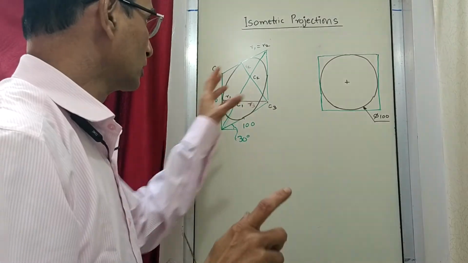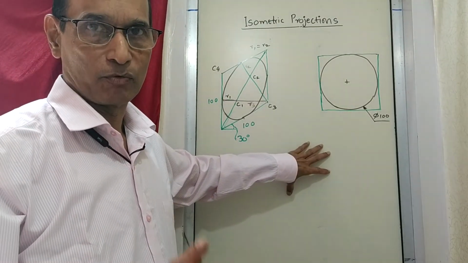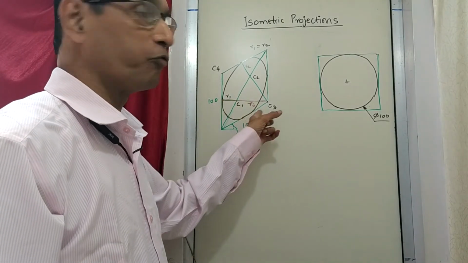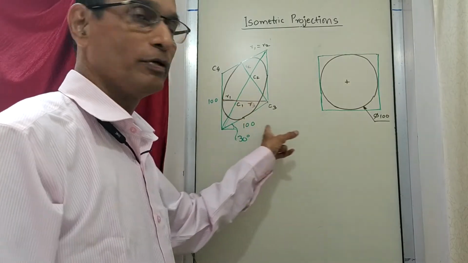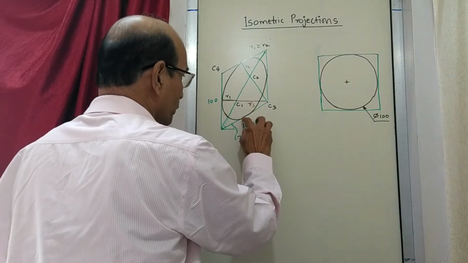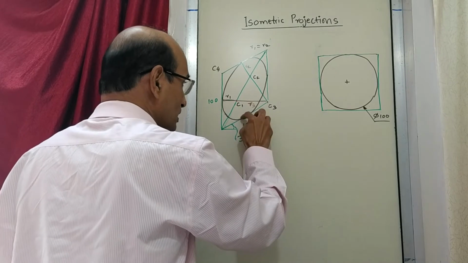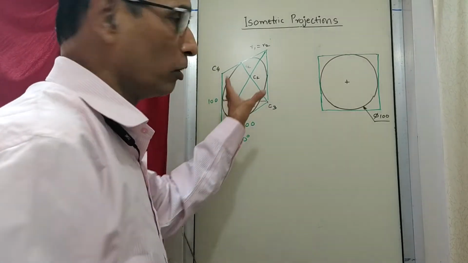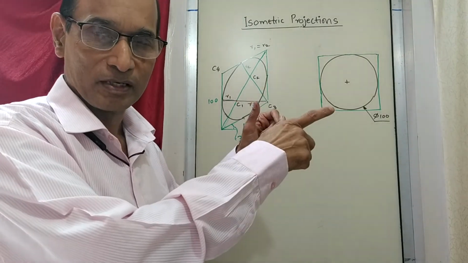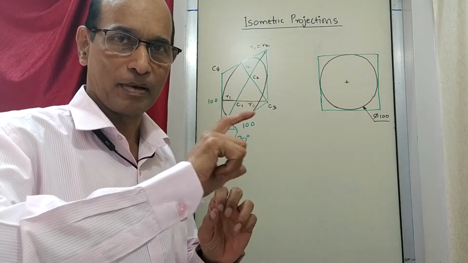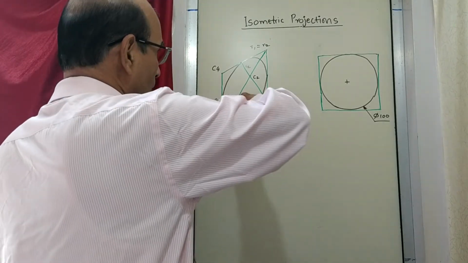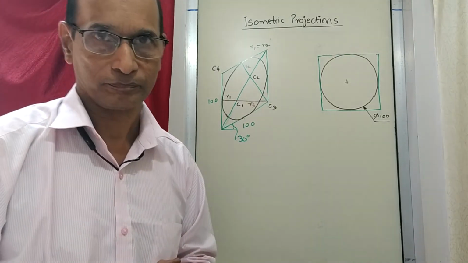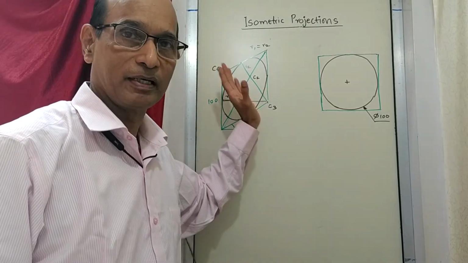And as you know, the circle looks like an ellipse in isometric when you draw. This is the procedure where by drawing 4 arcs, these arcs are connected to each other automatically. Although you have drawn this arc up to here and this is another arc, this arc and this arc are joined properly, so it doesn't look different. Although I have drawn it freehand without any instruments, when you draw with proper compass and proper measurement, this arc will come perfect, and then the entire ellipse will be drawn which will look like a circle. So this becomes the isometric drawing of a circle.